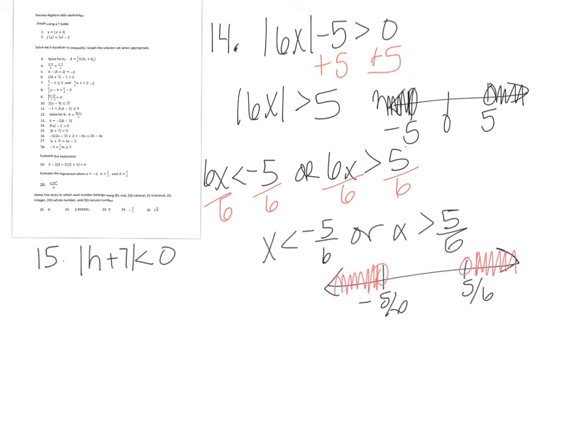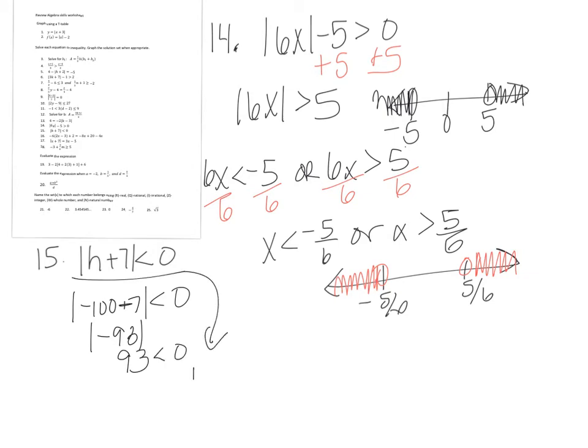Put in negative 100, absolute value of negative 100 plus 7 less than 0. That's negative 93 absolute value, which comes out as positive 93. So this answer here is no solution,